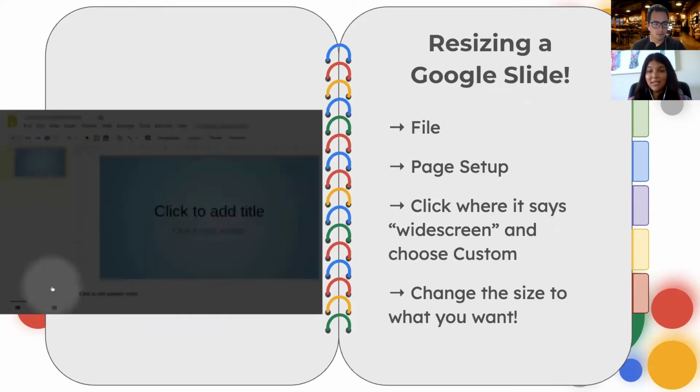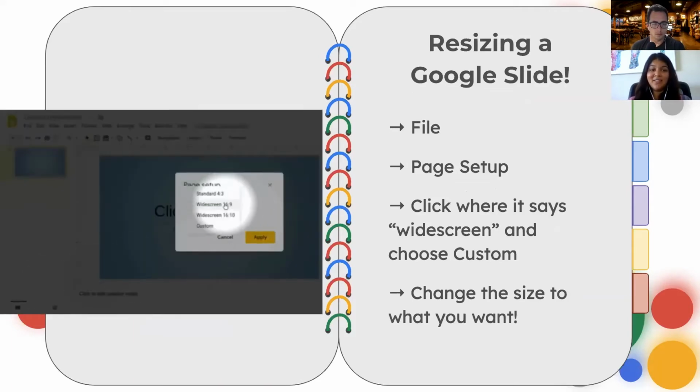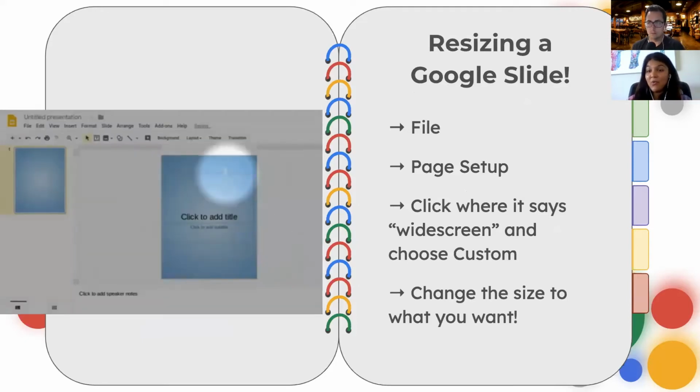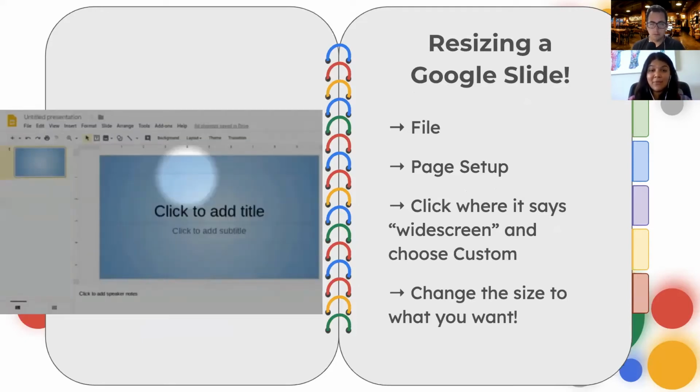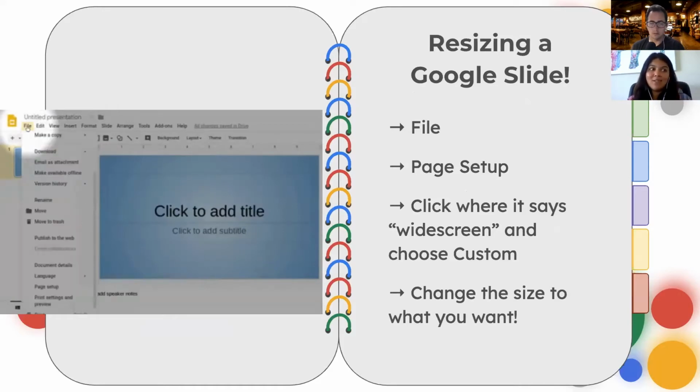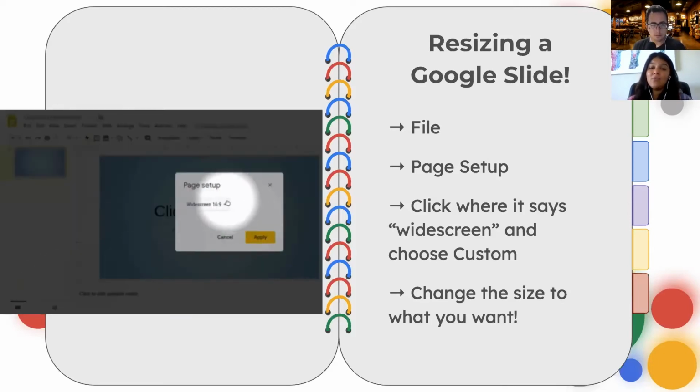Marshall had said that you can resize a Google slide to mirror an 8.5 by 11 sheet of paper. You can even make a Google slide mirror the size of your door in your classroom or one of those trifold boards. That way, students that don't want to cut and paste or draw on a physical trifold can do an electronic version. So how you would actually resize a Google slide is you would go to File in